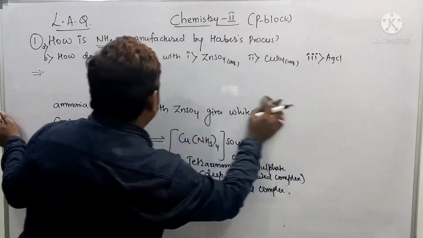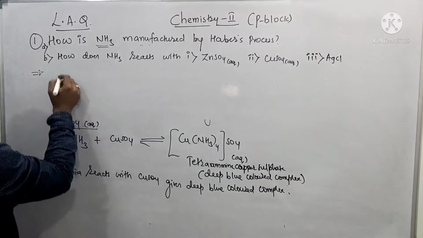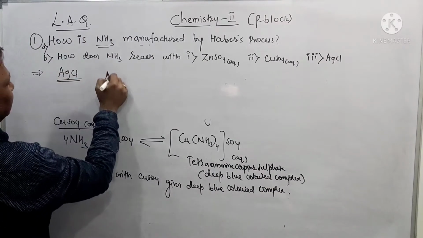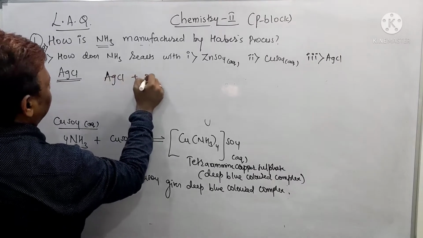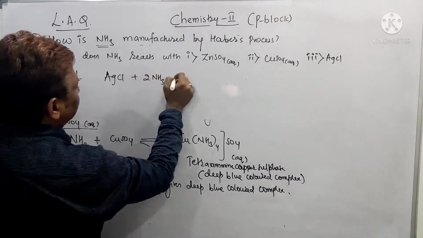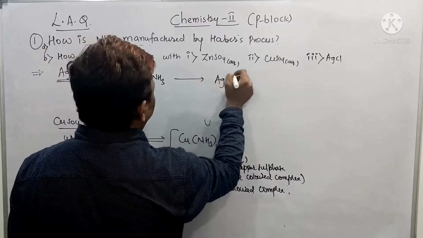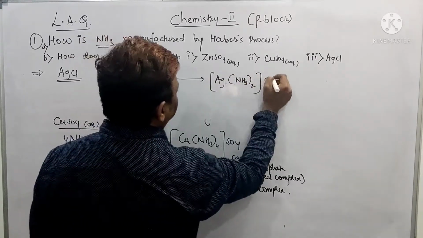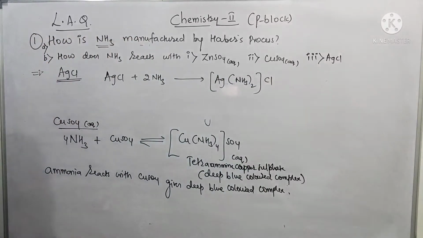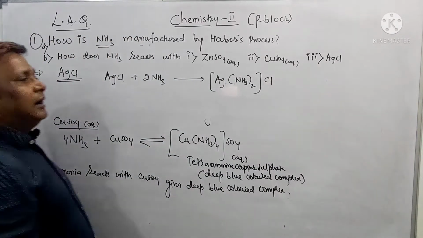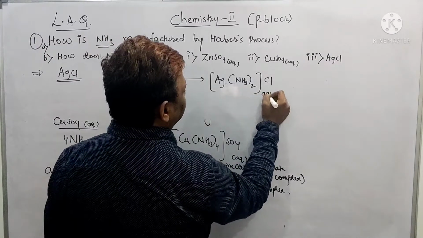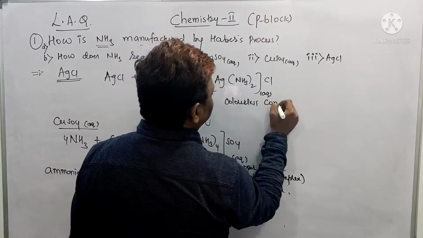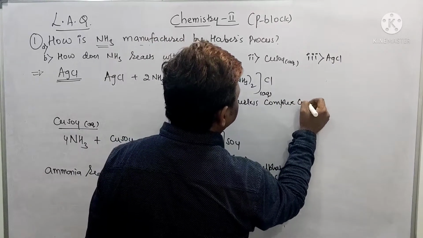The third one which I am going to tell you, beta, is the reaction of ammonia with silver chloride. Sir, silver chloride on reacting with ammonia gives rise to, how, beta? It gives rise to a colorless complex compound. Is it clear, beta? Ag, ammonia taken 2 times, outside Cl, in aqueous form, and it is a colorless complex compound.